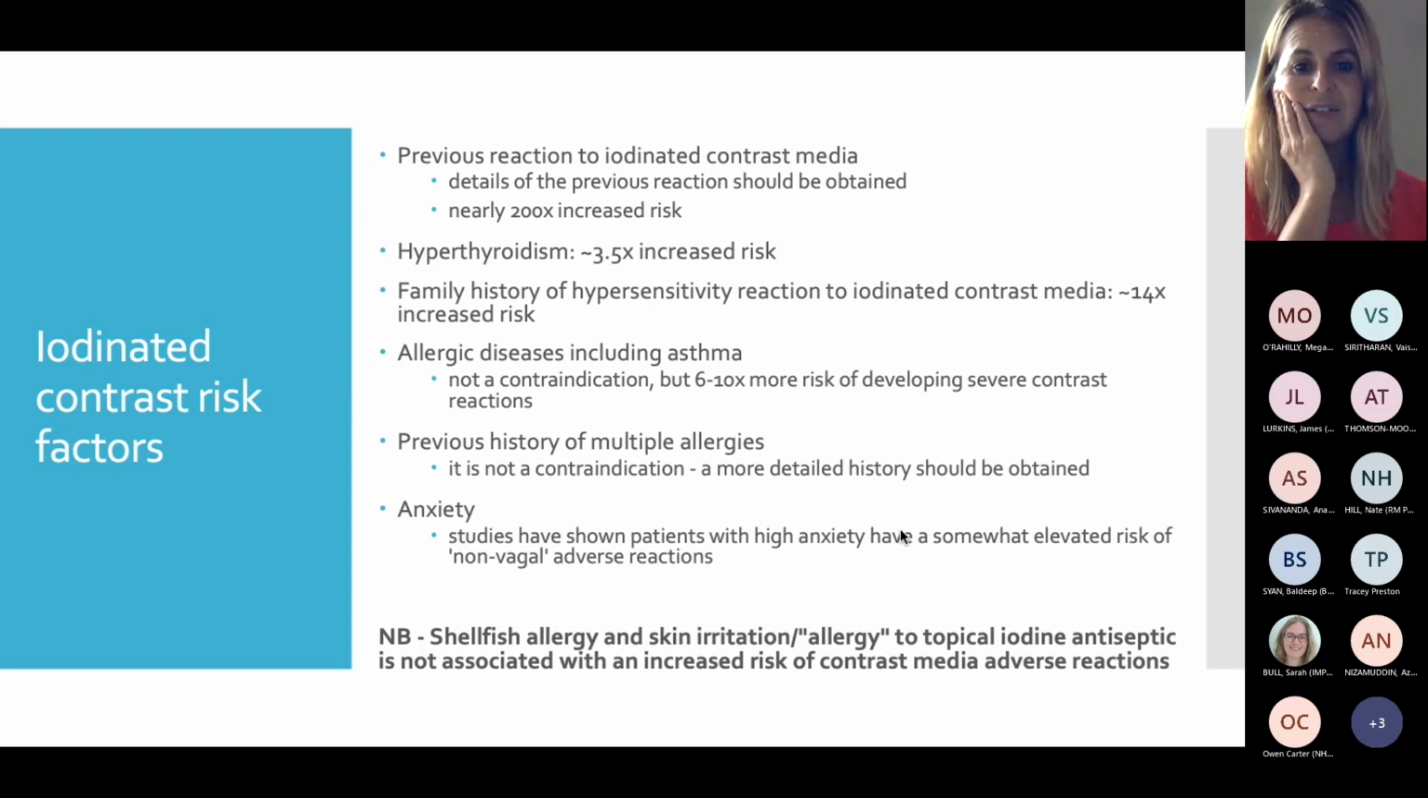If they have a family history, or any very significant allergic disease, so mild asthma isn't one, but if they have unstable, brittle asthma, things like that, they are more at risk of developing a severe contrast reaction. If they're an allergic patient generally, so if they have multiple allergies to other things, they're more likely to have a hypersensitivity reaction. And slightly bizarrely, anxiety. So studies have shown that patients with very high levels of anxiety have an elevated risk of what we call